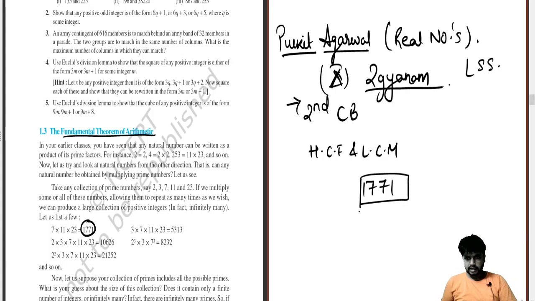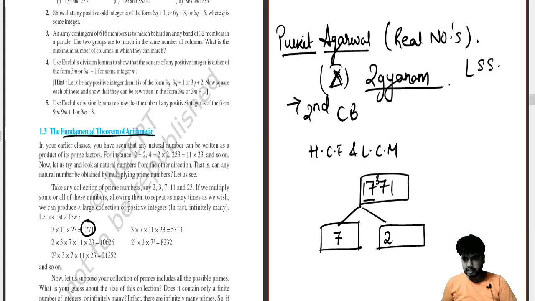the first thing you have to check is whether it is divisible by 7. Obviously this would be a tough call because dividing would take a lot of time, but if you do it this way, it will take a bit less time. If you see 17, 7 will go 2 times, remainder 3. 37, 7 will go 5 times, remainder 2, and that will remain as 3. Now 253 can be divided into 2 parts, 11 and 23. Now a student may say the answer will complete over here.